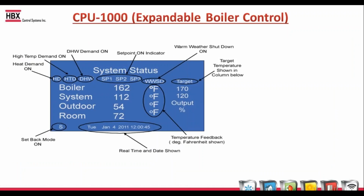So the user interface with the 1000, because we have that full graphic display, we can put all the information onto one screen. Where with our competitor, such as Techmar, you have to navigate between multiple screens. With us, that's not the case. Everyone wants to see all the information on one screen. So on the main screen, you can see your temperatures of targets, whether your demands are on and off, all the set points, and you can also see if it's in setback mode as well with the time and the